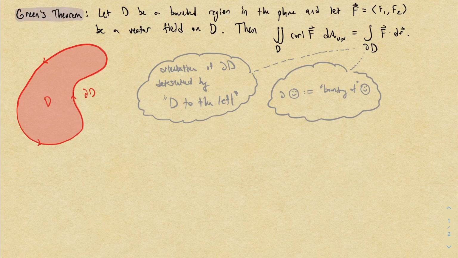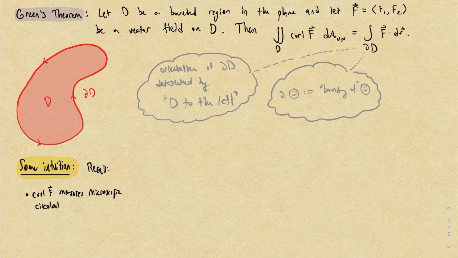The last thing that I wanted to do before we look at some examples is to give you a little bit of intuition as to why this might be true, or one way to interpret what this theorem is saying. To do that, I want to remind you of a couple vague things. The first of which is that curl somehow measures microscopic circulation or microscopic rotation of the vector field. So the curl at a point is some measurement of how much the vector field is spinning kind of in